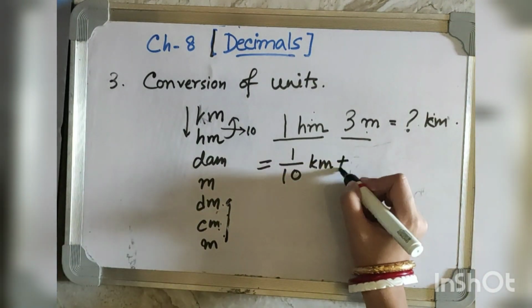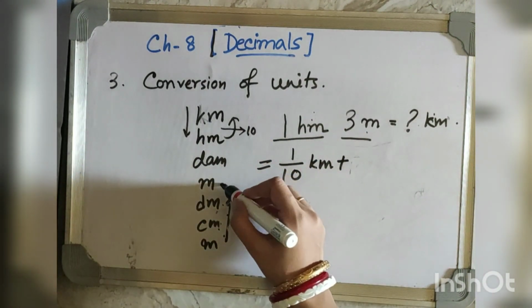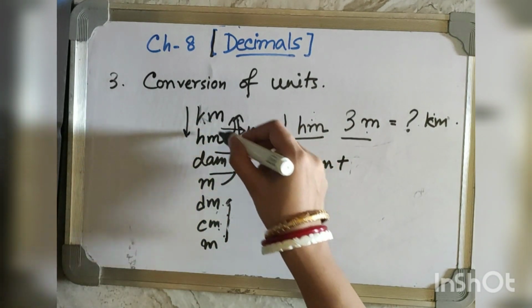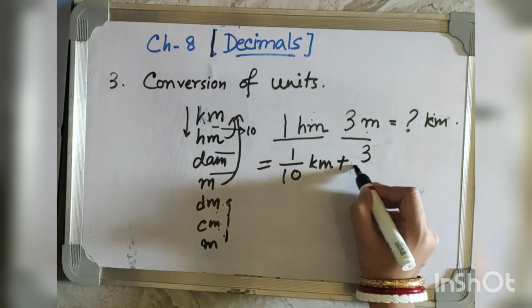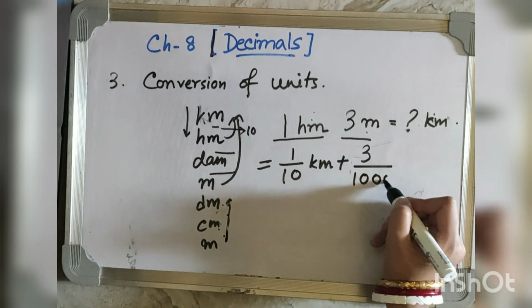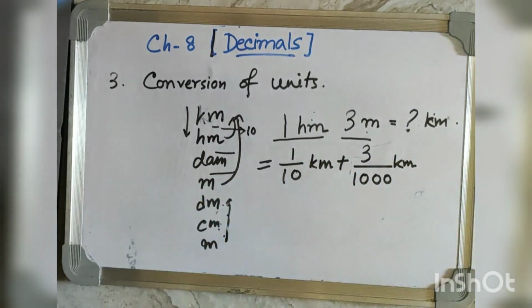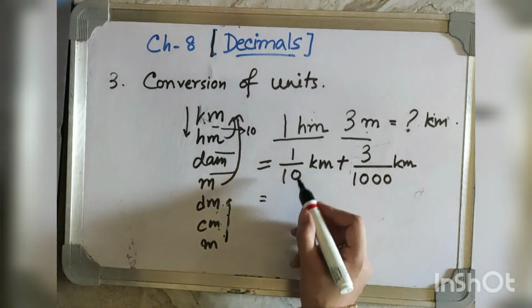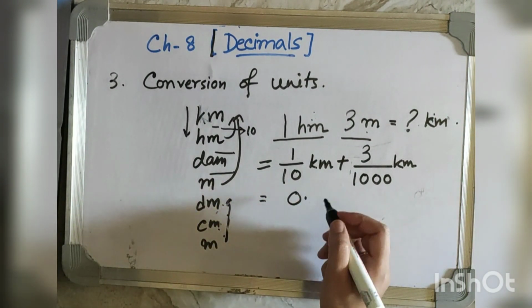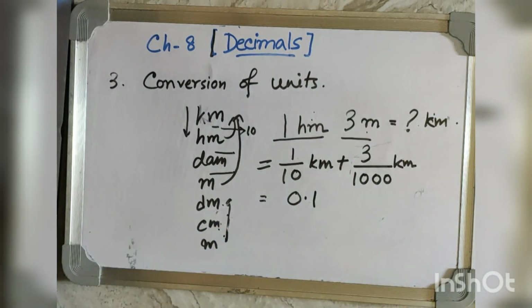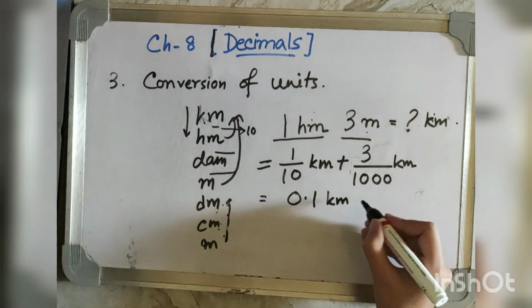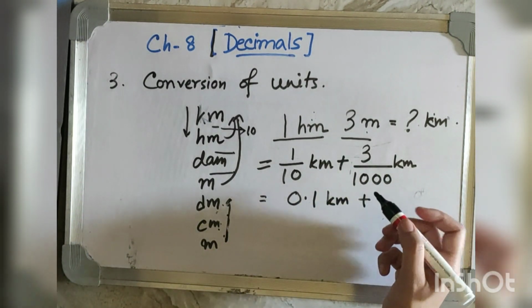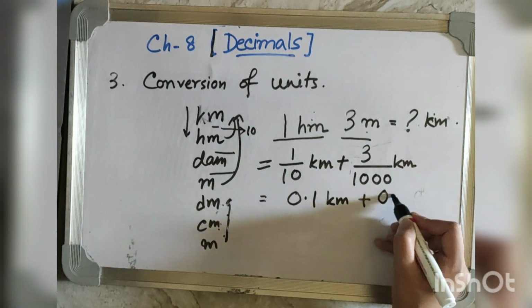Then for the 3 meter, how many gaps are there? We can say 1, 2, 3. The number of gaps and the number of zeros after 1 will be same. So 3 meter will be divided by 1000 for converting it to kilometer. So for this we can write 1 by 10 means tenths. 1 tenths. So it can be written as 0.1 kilometer, and for this we have to write 3